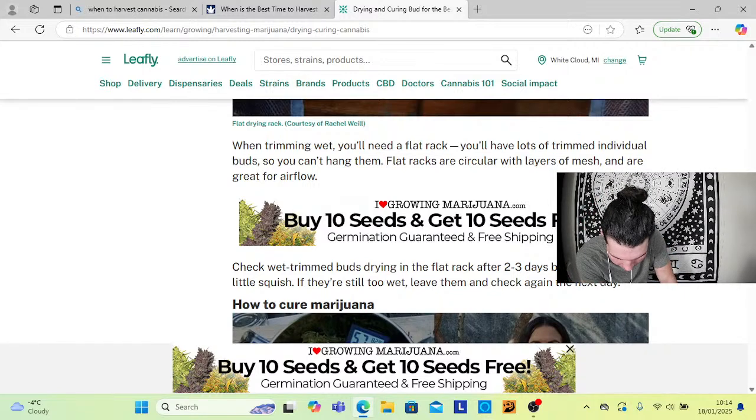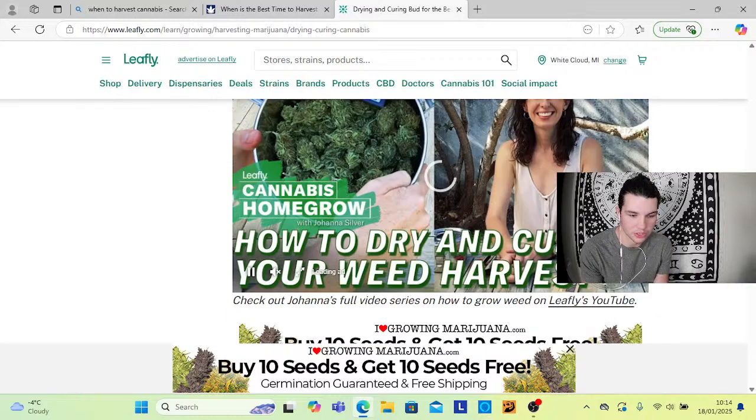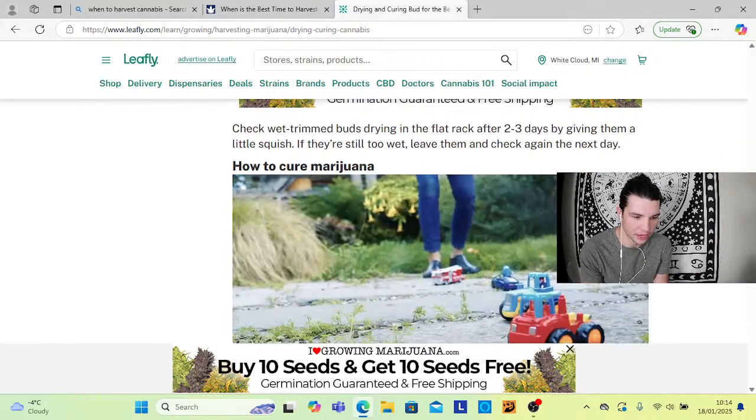It depends on where I live. I've used a fan and I haven't. Here it seems like it'll be a little bit better if I use a fan, blowing the air around, not directly on the plants though. Yep, you don't want to blow that air directly on the plants because it can dry them out too fast for sure. You just want it to circulate around the room, make sure that you're not going to accumulate mold